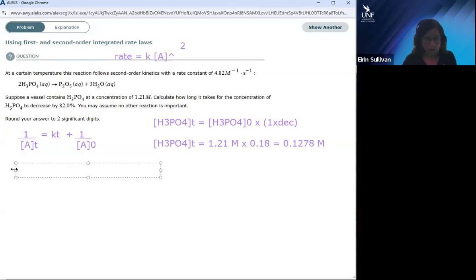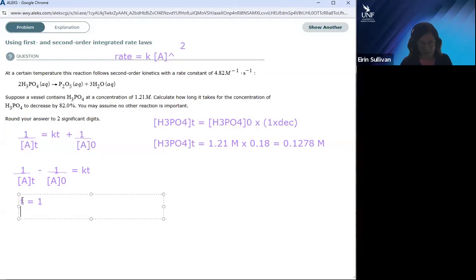Okay, so I've got to rearrange and solve for t. I'm going to subtract 1 over A0 from both sides. So 1 over the concentration of A at t, I'll just keep this generic for now, minus 1 over the concentration of A0 equals kt. Then I can divide by k to get t by itself, so just times that by 1 over k. So t is going to be 1 over k